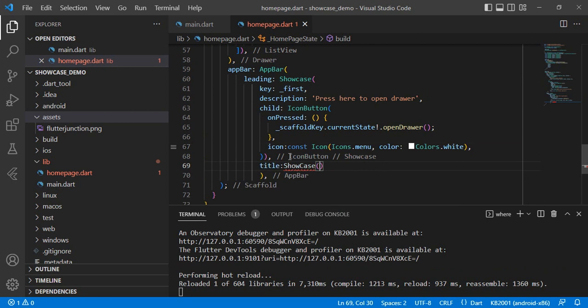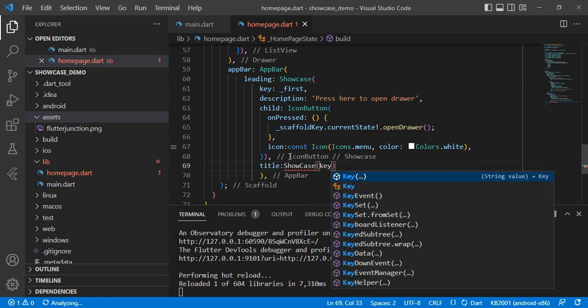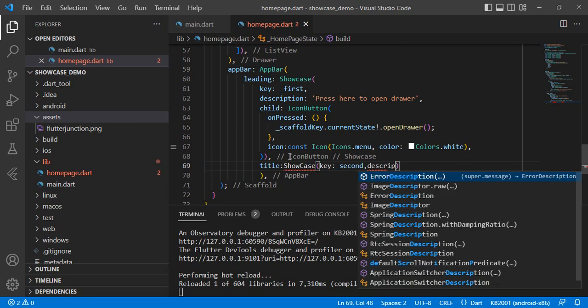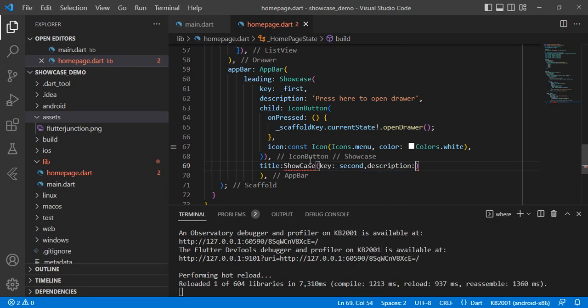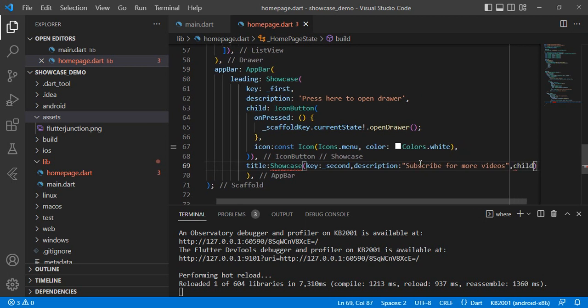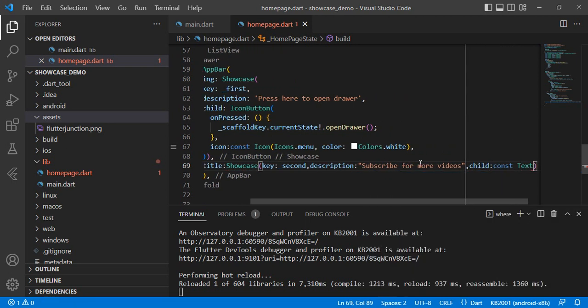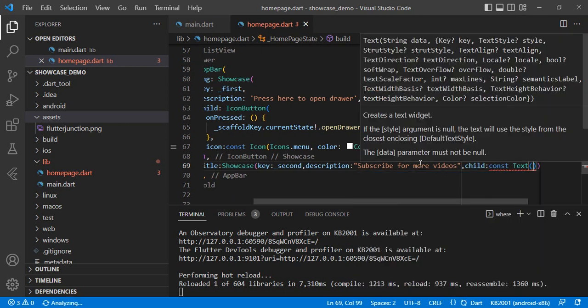and the key would be second, and description would be, this would be small, and description would be, it says subscribe for more videos, and then the child, const text. Okay, let's say Flutter junction,